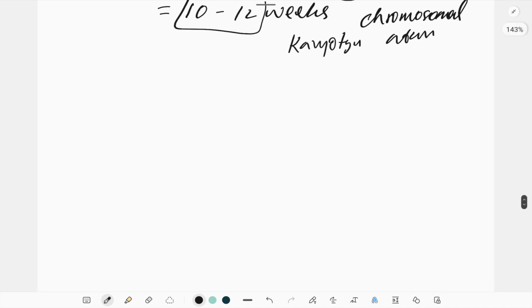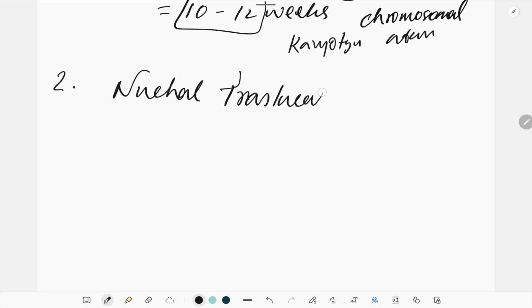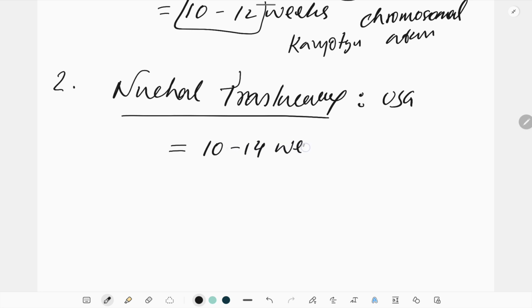Next, number two, that is called nuchal translucency. It is the nuchal fold thickness, that is the skin fold thickness over the nape of the neck of the fetus, and it is done by ultrasonography. The optimum timing of doing a nuchal translucency test is 10 to 12 or 10 to 14 weeks of gestation,